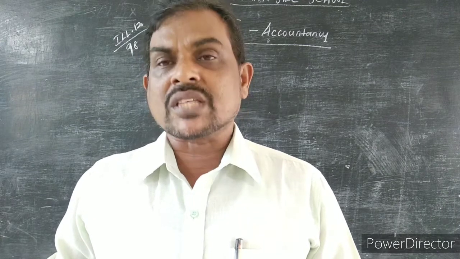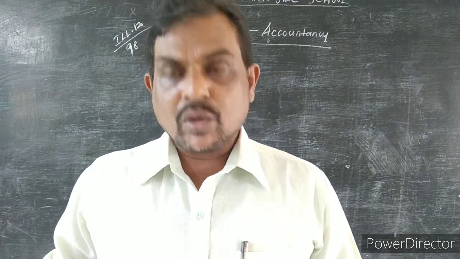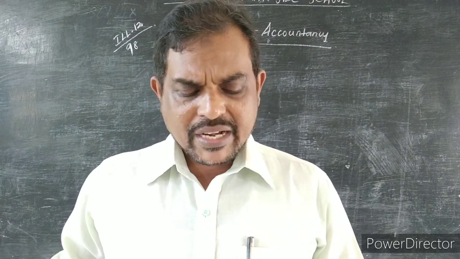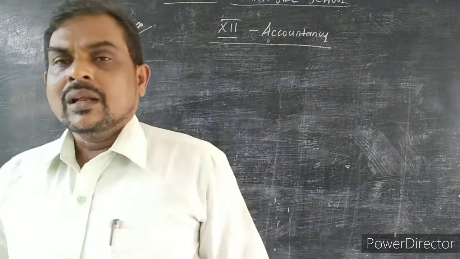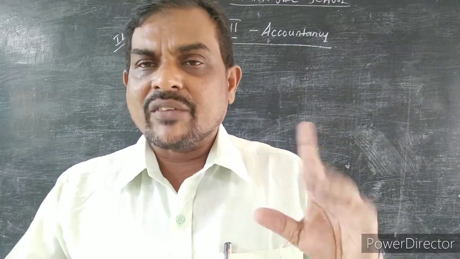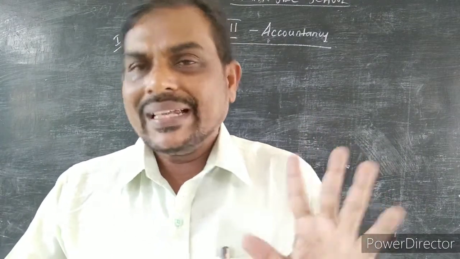March 1, he took 6,000. June 1, rupees 4,000. And September 1, rupees 5,000. And December 1, 2,000. Listen, my dear students, in the previous sum we have seen one partner, Velan, he took only one time.